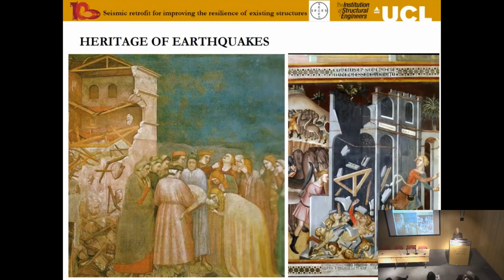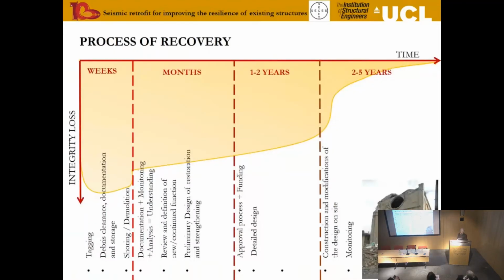Very little has changed in terms of the fabric of the buildings, but a lot has happened in the last 50 years, or even more, 60, let's say since the 1960s, in terms of retrofitting, repairing and strengthening masonry buildings. We could say with relatively little success so far. So we will see why some of this has worked and some has not, and what are success stories and what are not.